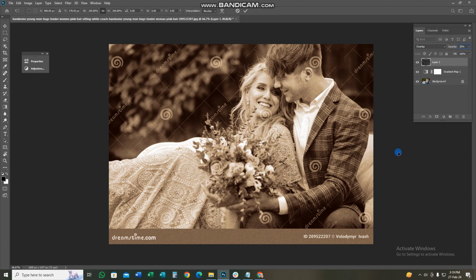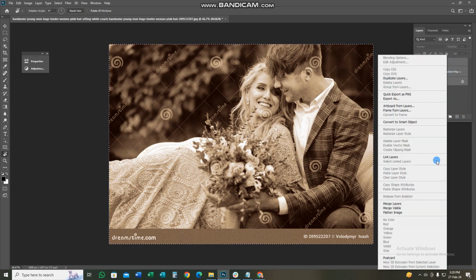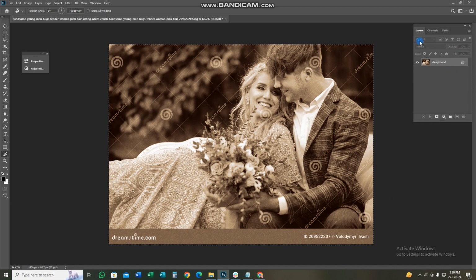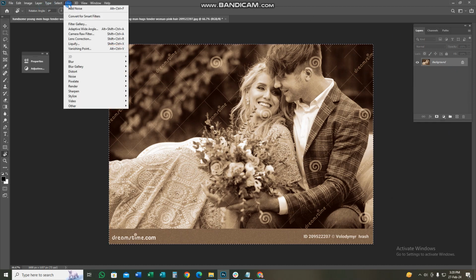You can polish it even further by sharpening the image. So to do that, again, first you need to merge all of these layers. So Control, next I go to Filter to make the image look even better. I go to Sharpen, Smart Sharpen,